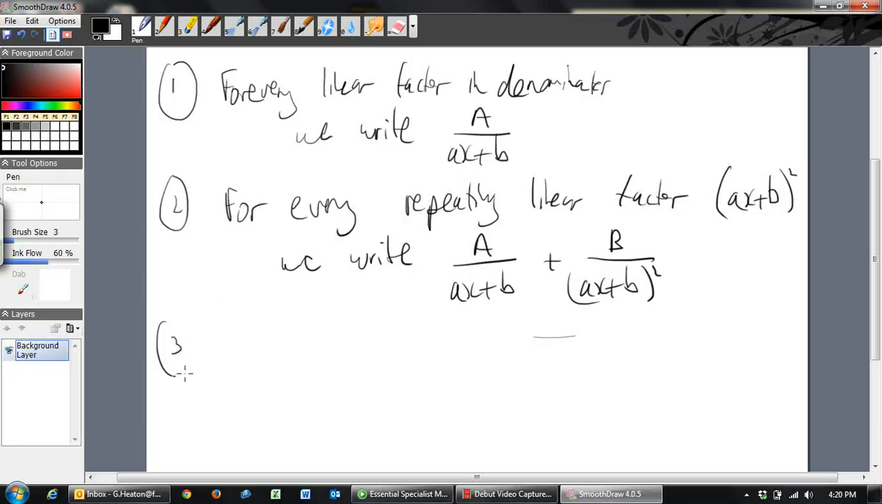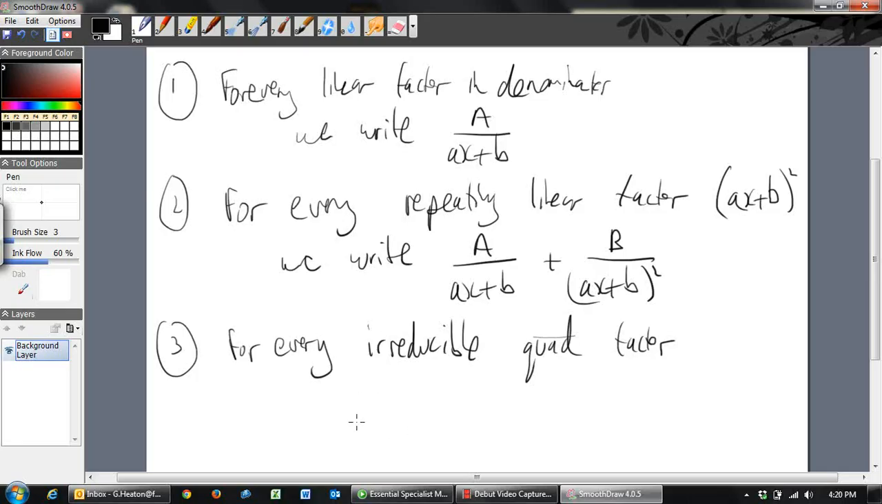This will make sense in a second. And for every irreducible, I'll explain that in a second, quadratic factor, so if you've got something like ax squared plus bx plus c, some quadratic factor that cannot be reduced down to linear factors, it can't be factorized, then we write that as,